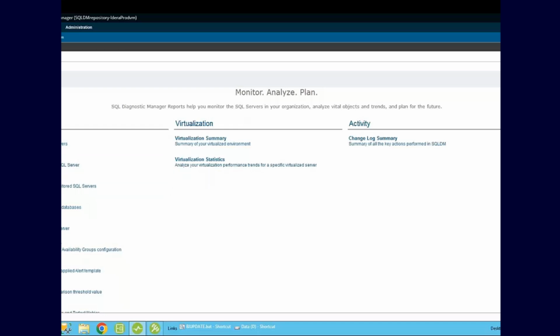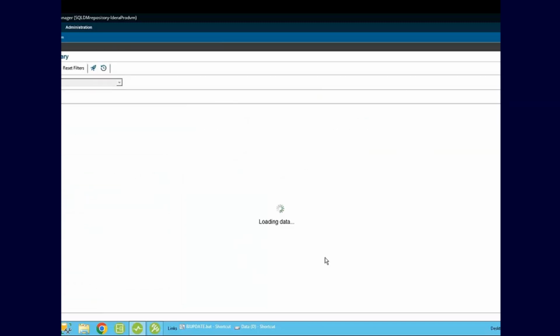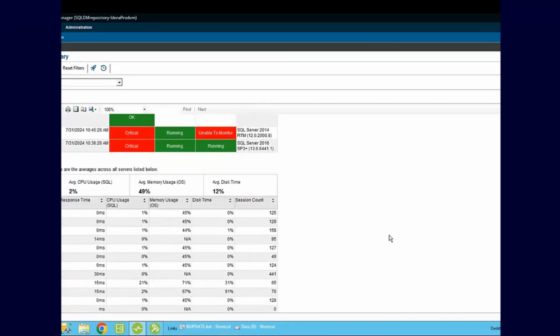But we can go in here and we have these three areas: monitor, analyze, and plan. Monitor is more the real-time reporting. Like first thing in the morning, I want to run this enterprise summary report, and it will show me the current status of my SQL instances. Green, yellow, red status. I can just see across the board where I might have some problems,